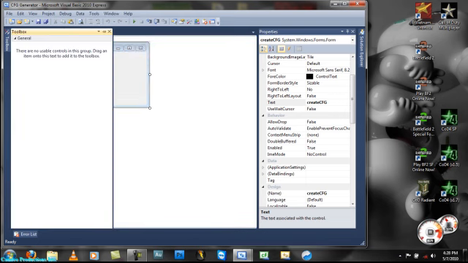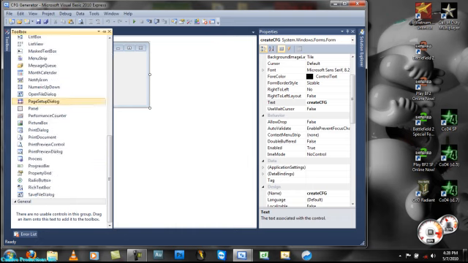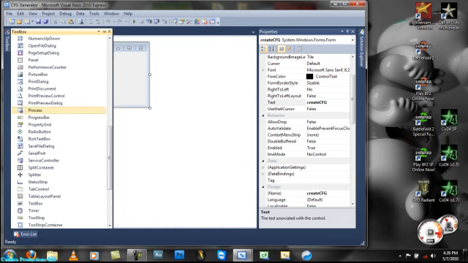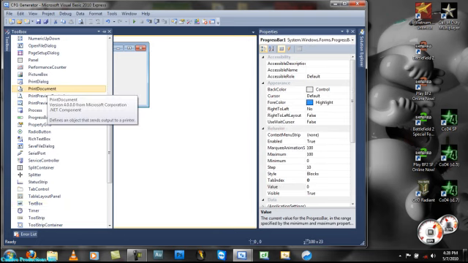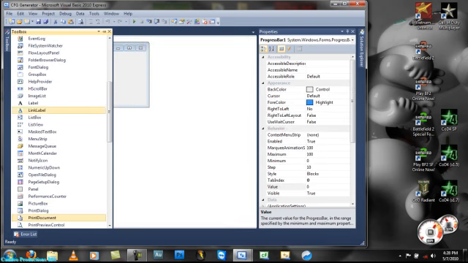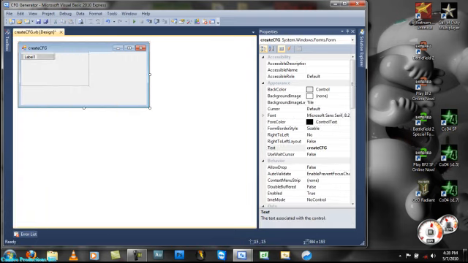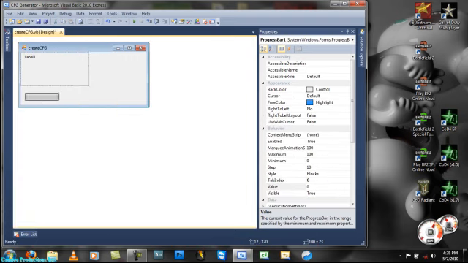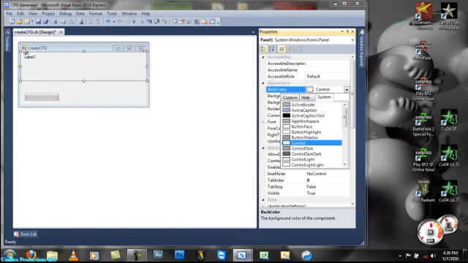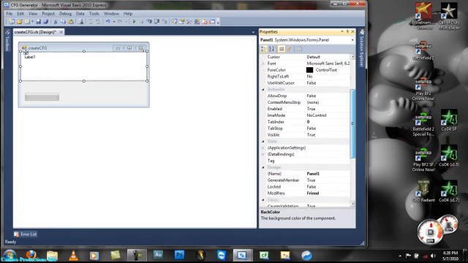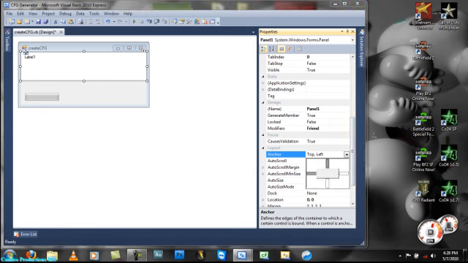We want this time a panel, progress bar, and another label. Put the progress bar out, and again size this up. Pretty much the same settings as the last one. Window, left and bottom,